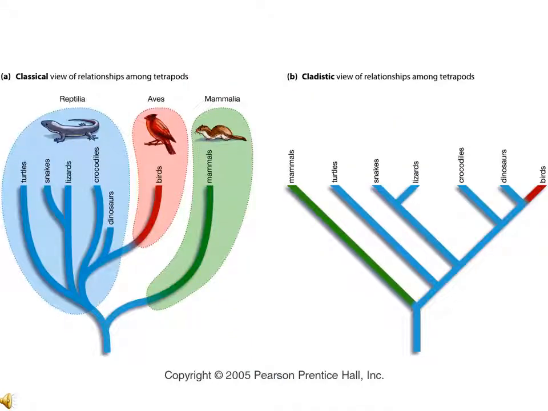Often when we compare a cladogram with the classical evolutionary tree, we can see significant differences, and there are pluses and minuses in illustrating relationships by way of the cladistic approach as well as the classical phylogenetic tree that you see to your left.